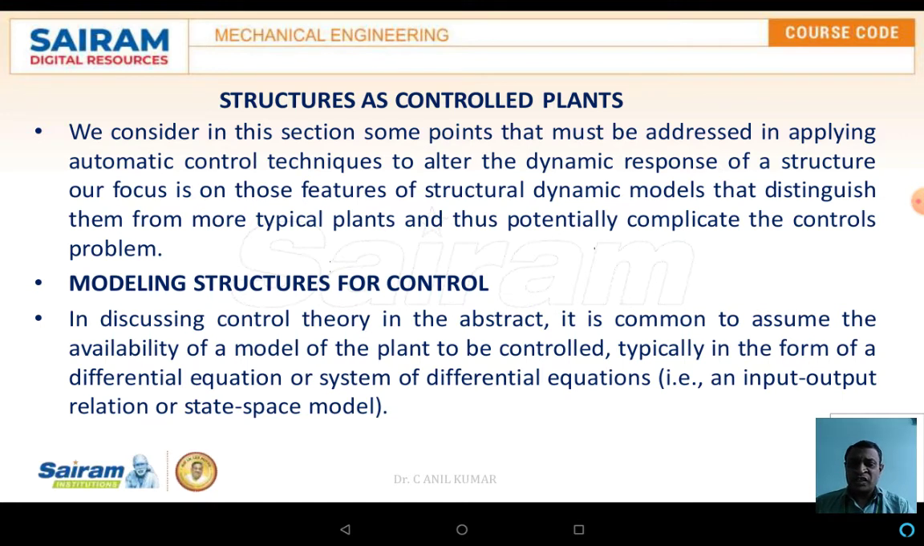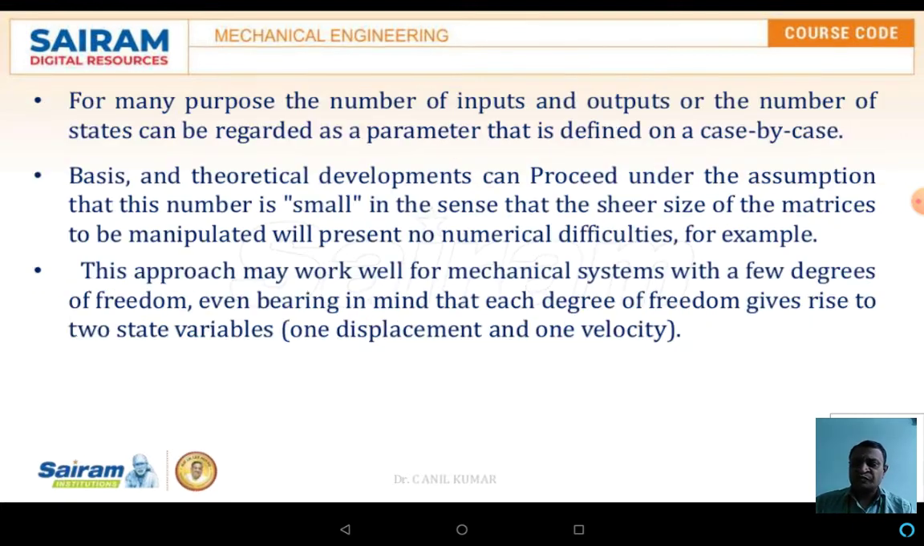In discussing control theory in the abstract, it is common to assume the availability of a model of the plant to be controlled, typically in the form of differential equations with inputs. For many purposes, the number of inputs as well as outputs, or the number of states, can be regarded as a parameter that defines the case by case. The basic as well as theoretical development can proceed under the assumption that the number is small, since the sheer size of the matrices to be manipulated would otherwise present